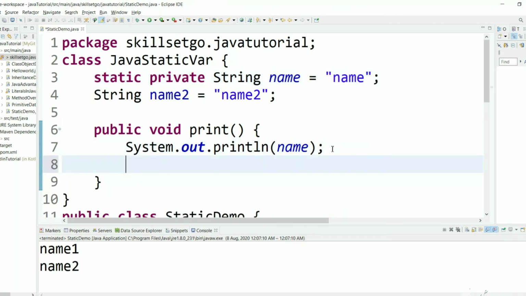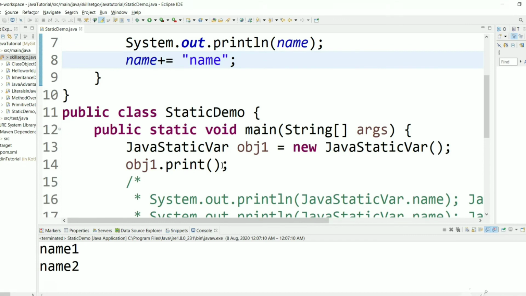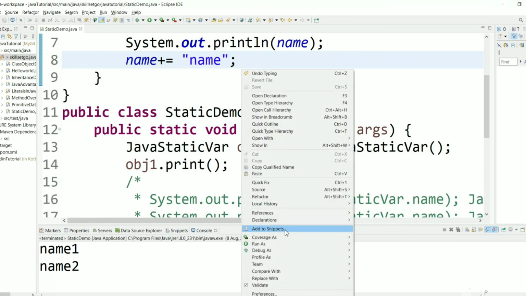After printing, let's change the value: name plus equal to name, to append name again. This is just for demoing. We can change the static variables inside, and we have created an object and are trying to access the method.